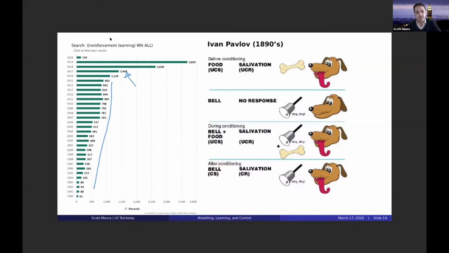So for example, if you provide a dog food, then it might salivate, and then you give it the bone. If you ring a bell, then it won't salivate, there's no response. But if you ring a bell and then give it a bone, it'll start to salivate and associate these things. And so now after conditioning it, when you ring a bell, it will salivate even if you don't give it